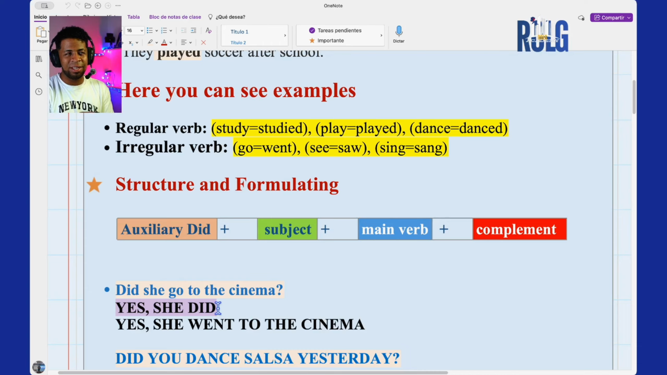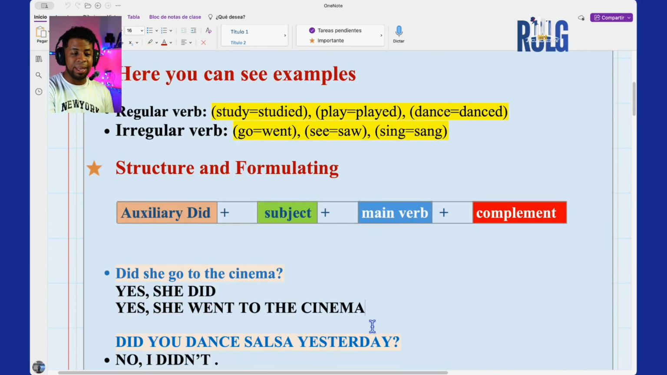It is like saying yes, but in past. And yes, she went to the cinema would be the long answer for that question. Of course, we can say it even in the negative way, that would be